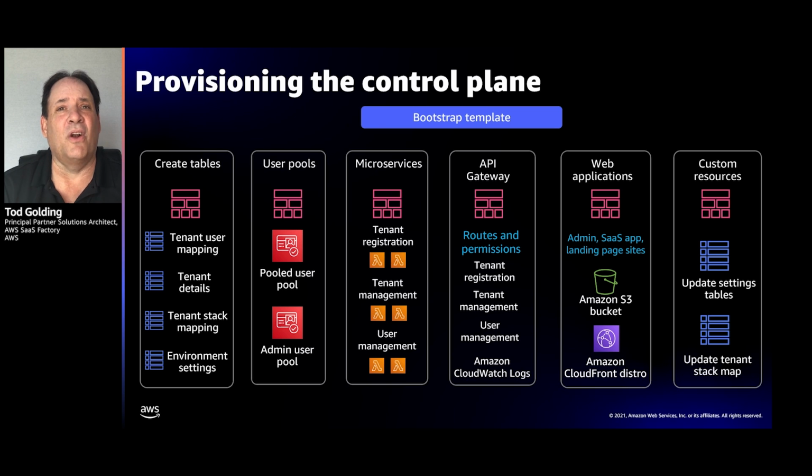And then the last piece are these custom resources. And these custom resources are really just, if you're familiar with CloudFormation, custom resources in CloudFormation that include the custom code we need to trigger certain onboarding events. So for example, there's a settings table and there's a tenant stack map that are part of our provisioning experience. And those tables are run from CloudFormation templates, and therefore they need these custom resources to make all that work.